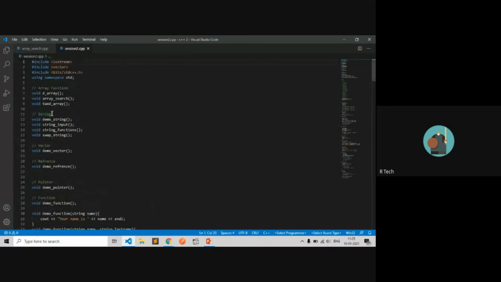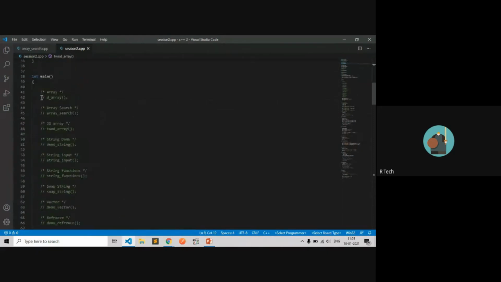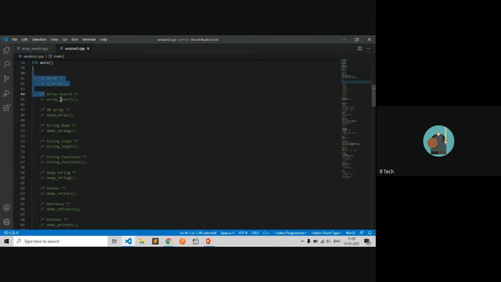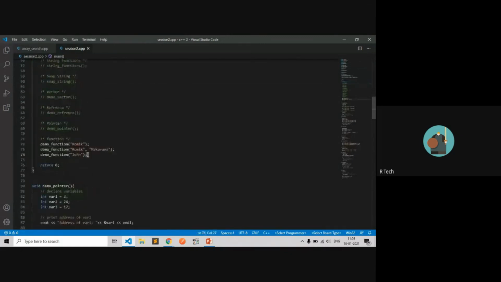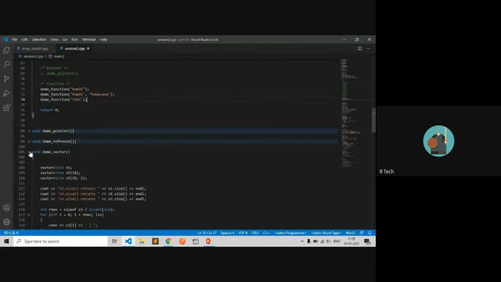First, we have what we introduced, an array. I have declared three functions: 1D array, array search, 2D array. I have used those functions in the main method, and defined all the functions at the end of the file. Let me show you.